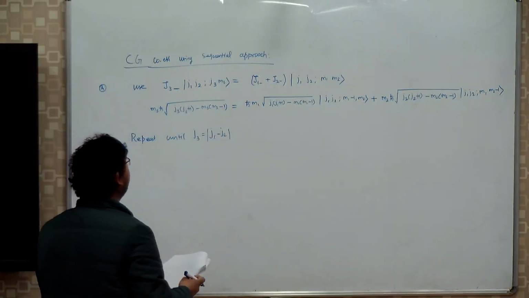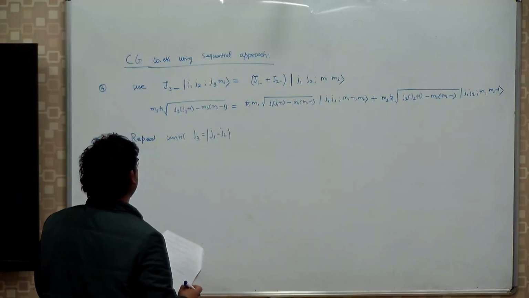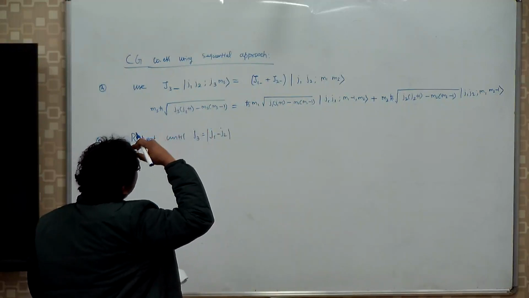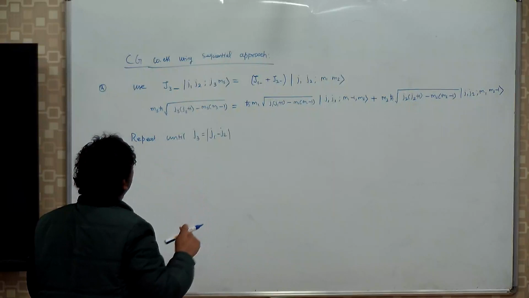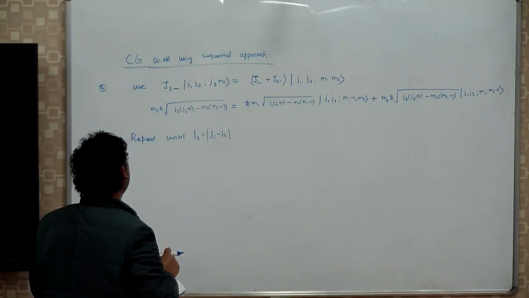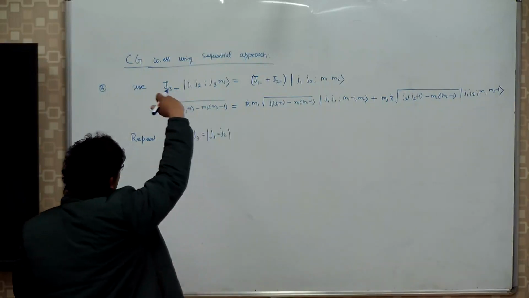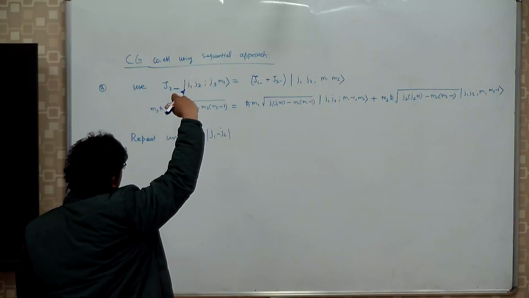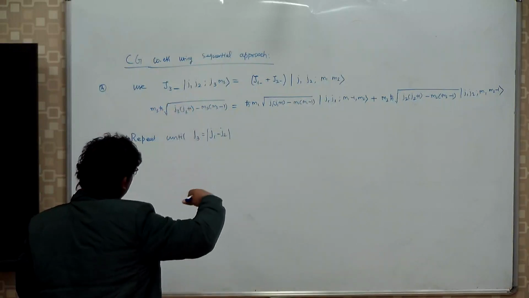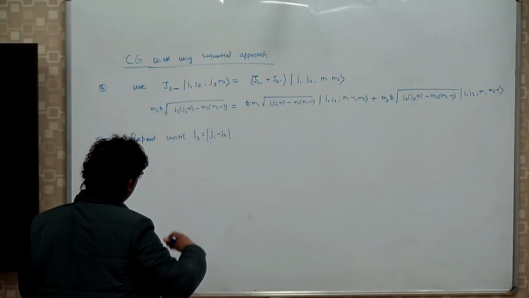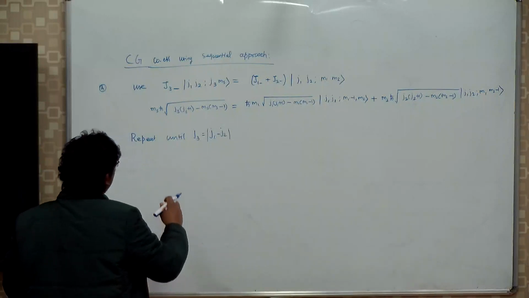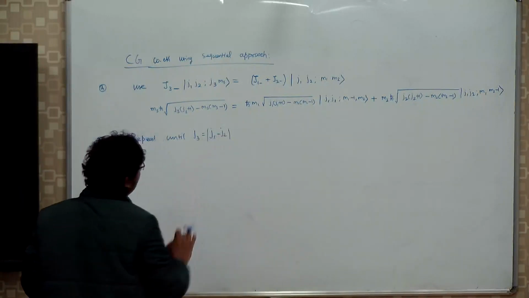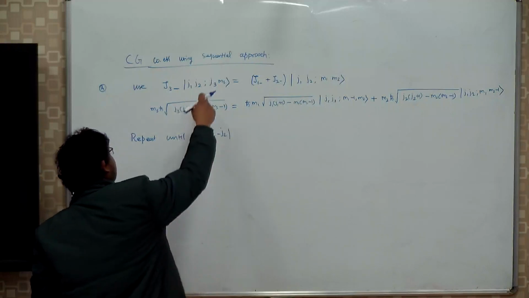You have started from the highest value of the state vector. So from the top value of the state vector, you are coming down, one notch down, one notch down, one notch down, until you get J3 equal to J minimum. So you are starting from J maximum,